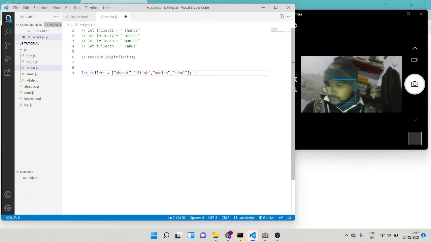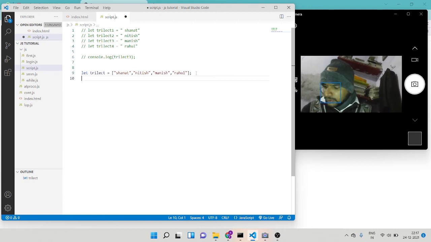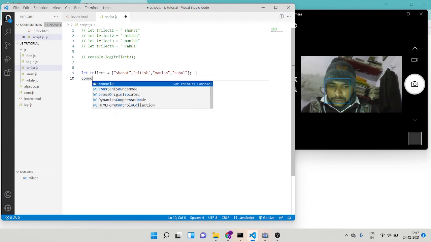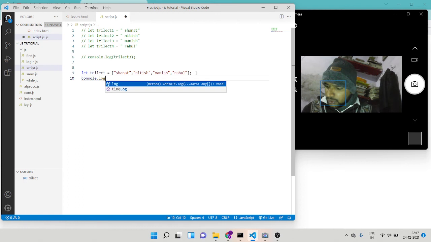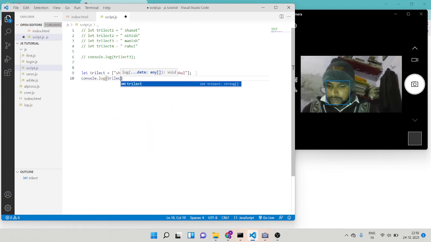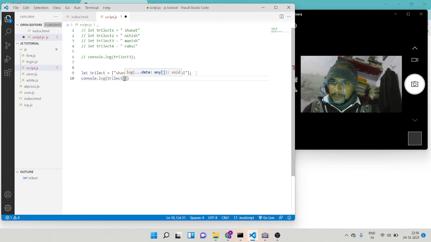Okay, so we want the result again in the array: console dot log, and our array is trilect, with brackets mentioning the number two.